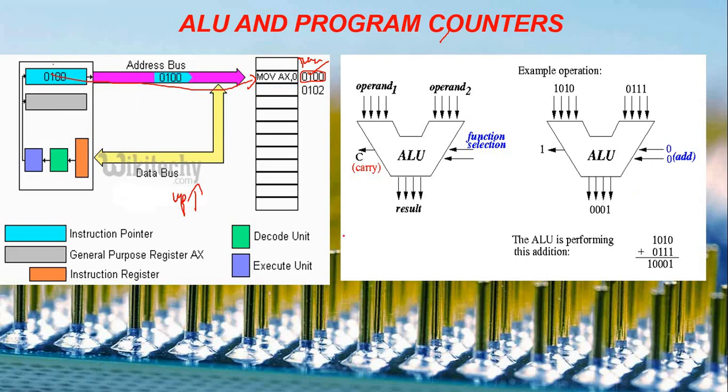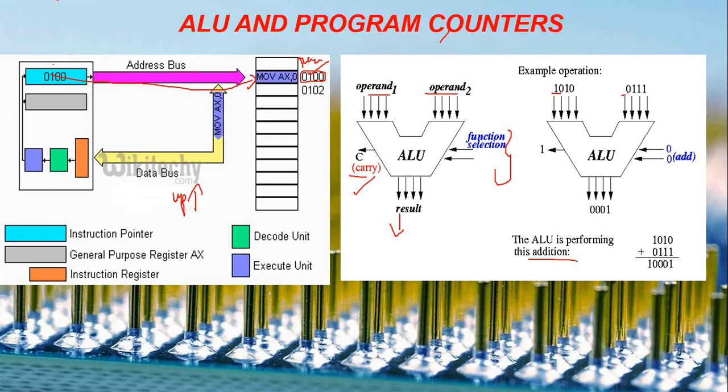Okay, here I have given one simple ALU operation, a simple performing of addition. Only with 4 bits I have given here. Okay, see, this is operand 1 and operand 2, 1010 and 0111, and here is the function selection we are going to do, either addition, subtraction or anything. Okay, and this is the output we will be having. Here is the result we will get, and here is the carry point we will be having.